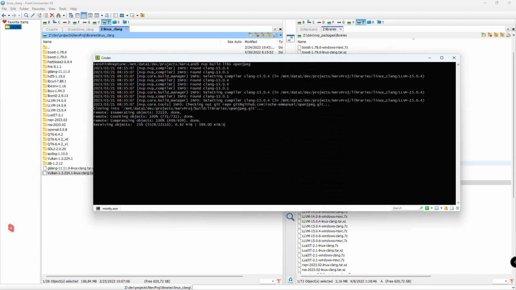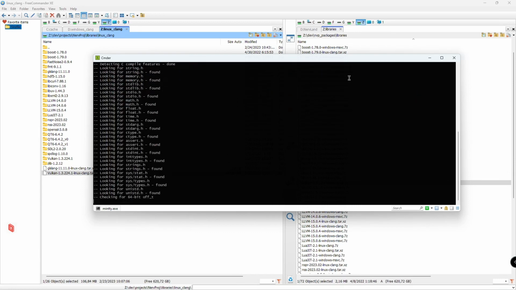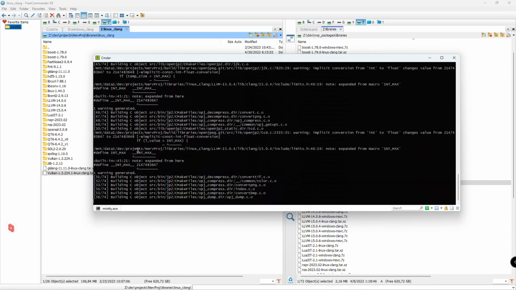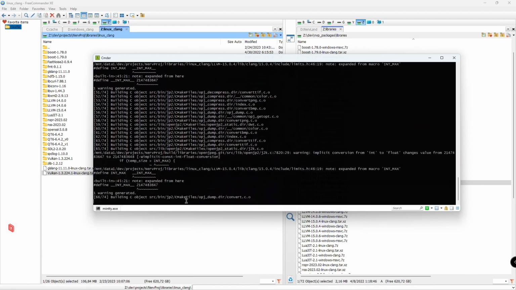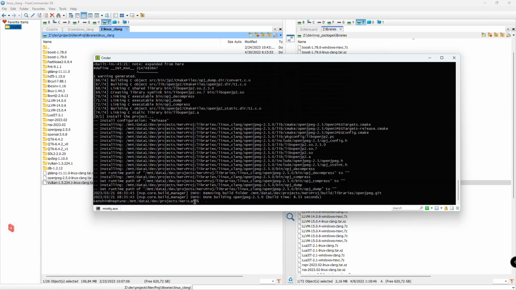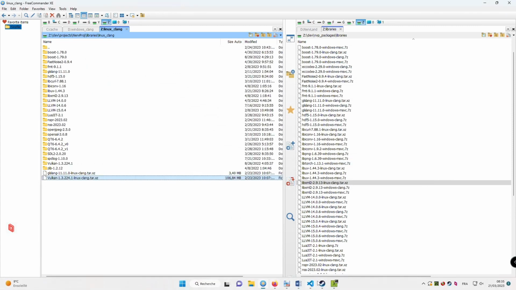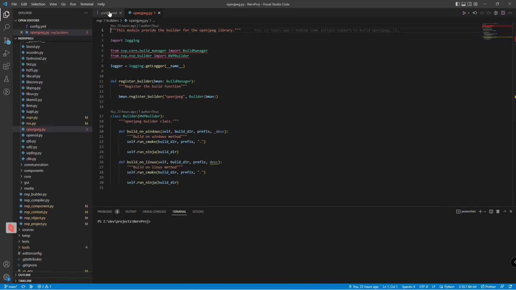Or maybe not. Okay, building OpenJPEG. And it's done. Again, we have the package generated here, and we just move that. The next one,